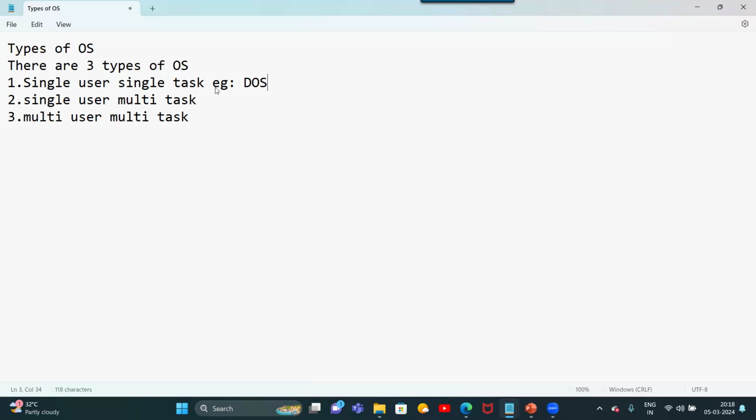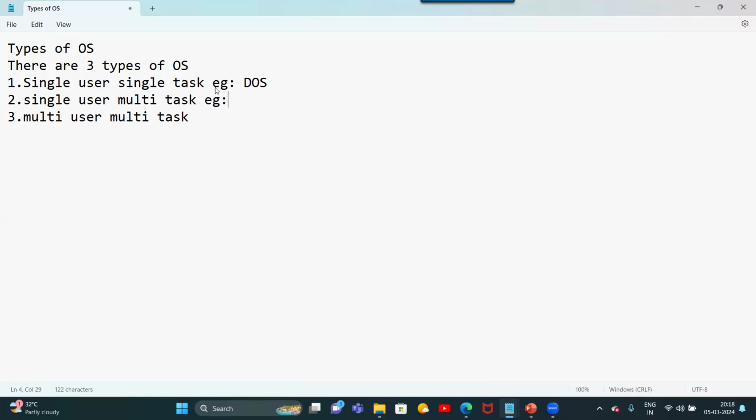Next is single user, multitask. Here also only one user can log in at a time, but that user can perform multiple tasks. If they open Adobe Reader, at the same time they can listen to songs or open any other applications.